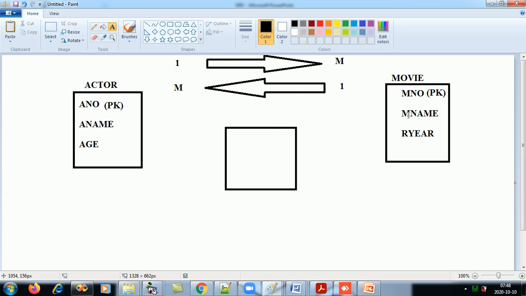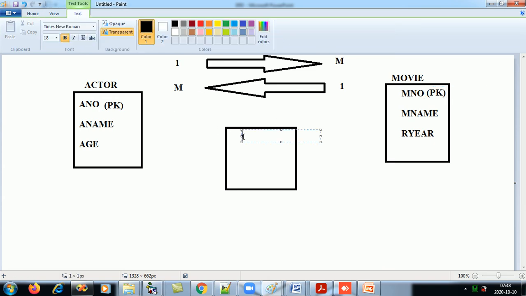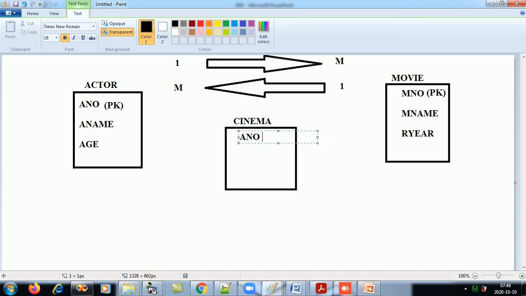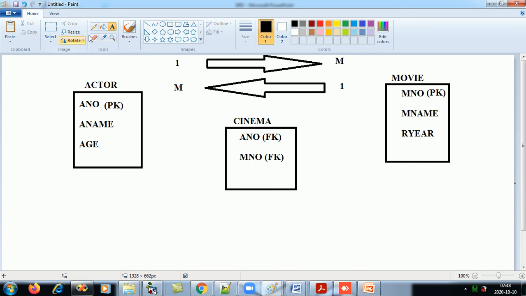We make a third table, giving it any name you wish, and link both the primary keys, and they will become foreign keys over here. So this actor number is linked over here, and this movie number is linked over here. This is what the mapping cardinalities do.